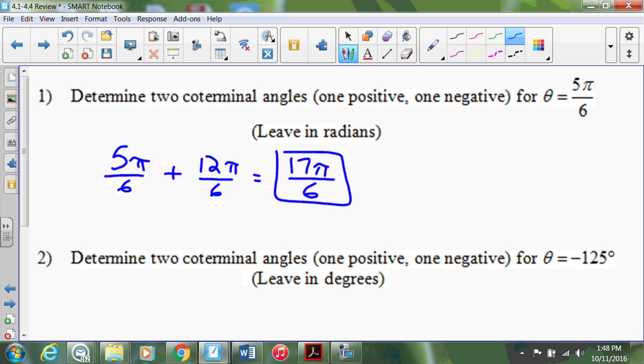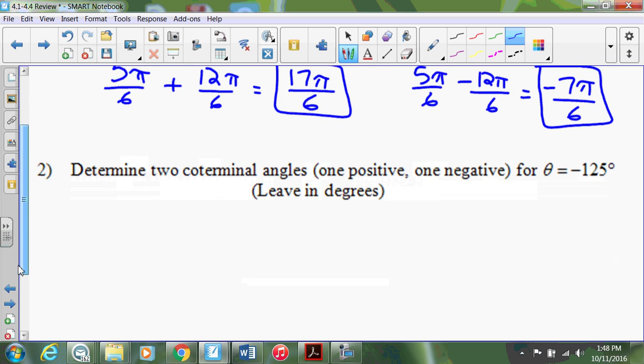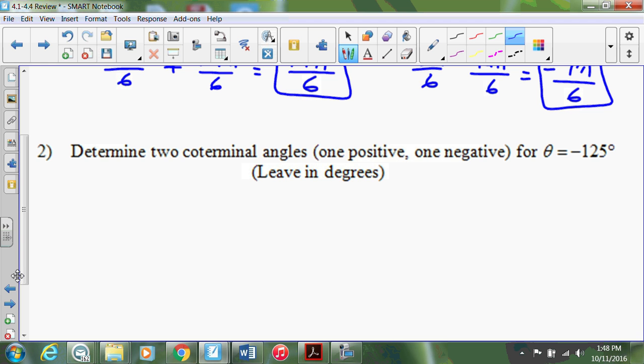That's one of my answers. And to find the other coterminal angle, we're taking 5 pi over 6 and we're subtracting 12 pi over 6, which gives us a negative 7 pi over 6. One positive, one negative. Number two, determine two coterminal angles, one positive, one negative, for theta when it equals